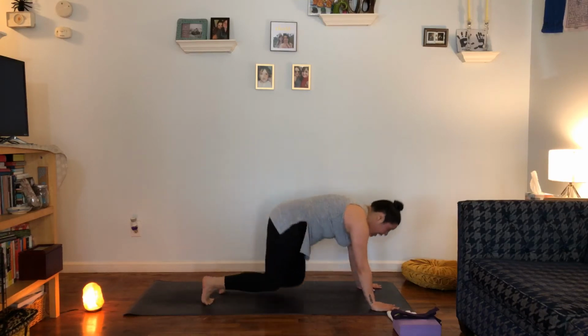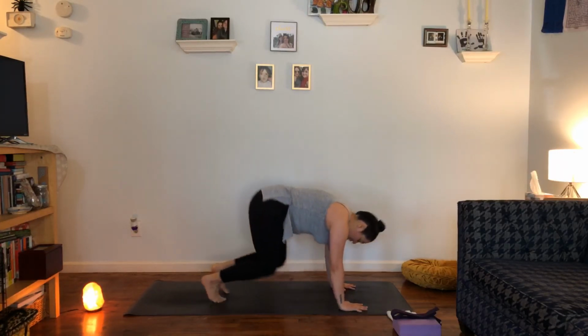Now at this moment, I want you to take time and space and consider which one you are going to do, your knees down or your knees lifted. If there's any pain in your low back, please, please, please practice with your knees down on the mat. Once you're ready,